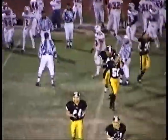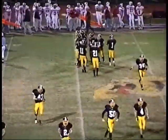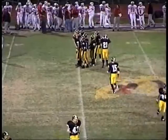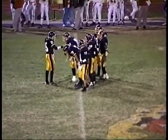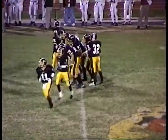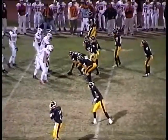Played those downs a lot better. Here's a fake punt option, and nobody's there. To Connor, and Connor's got a lot of running room to the 50, to the 40 as he breaks Mitchell's tackle down to the 36-yard line. And on 4th and 7 from their own 35-yard line,